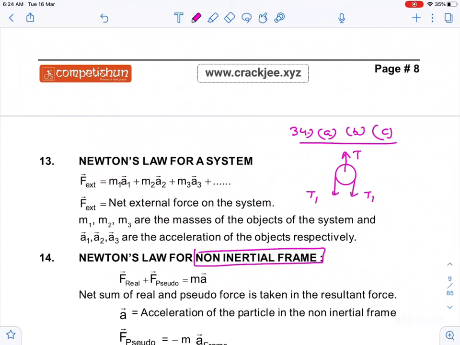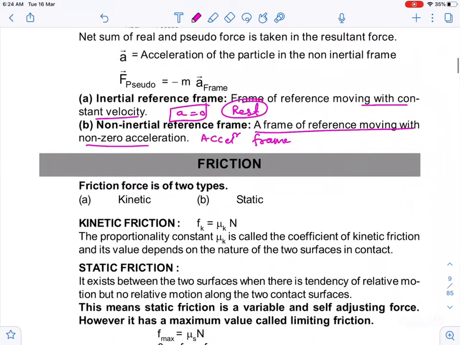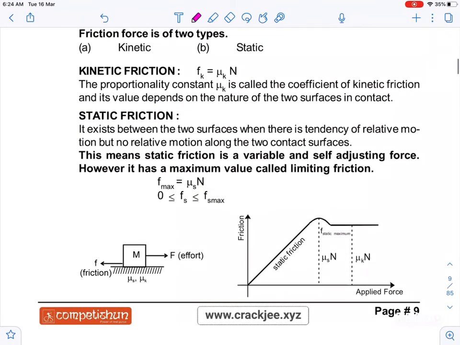So I can make the free body diagram of the pulley, guys. If the acceleration of this pulley is downward, you can write T1 plus T1, 2 T1 minus T is equal to mass of pulley into acceleration, and usually the mass of the pulley I take as 0. So this is actually 2 T1 minus T is equal to 0. That means 2 T1 is equal to T, and T1 is equal to T by 2. You can apply this in those types of questions.